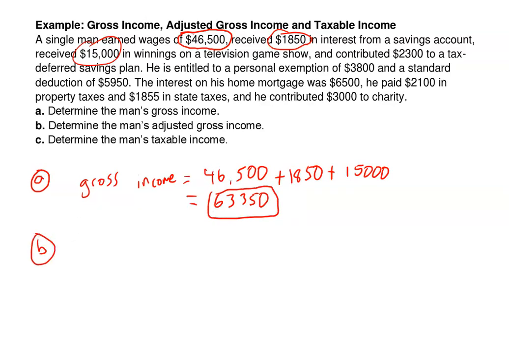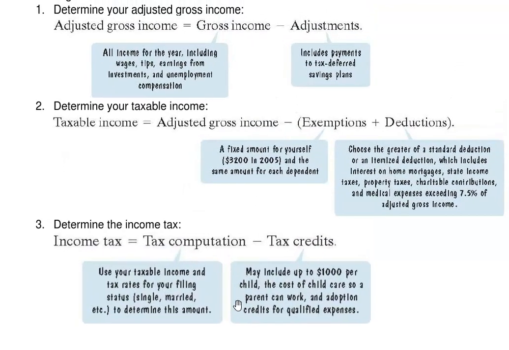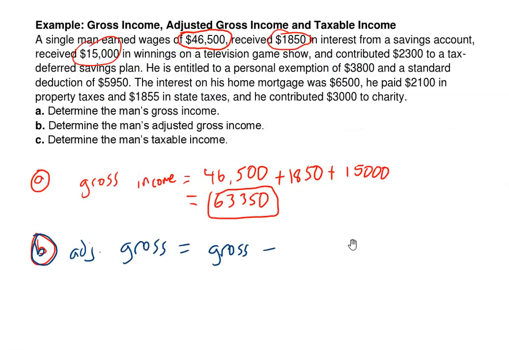Part B, let's use a different color here. Part B, let's determine this man's adjusted gross income. If you remember from the previous page, the adjusted gross income is the gross income minus, I forgot the word that was used on the previous page, that's the taxable income, minus adjustments. Let's call them adjustments, right? So minus adjustments,